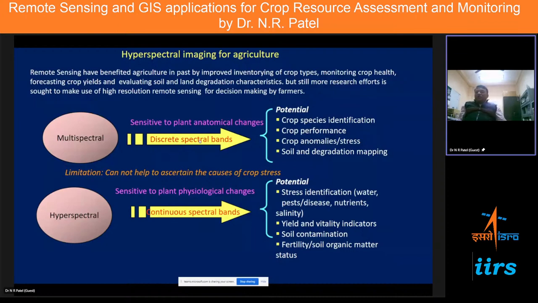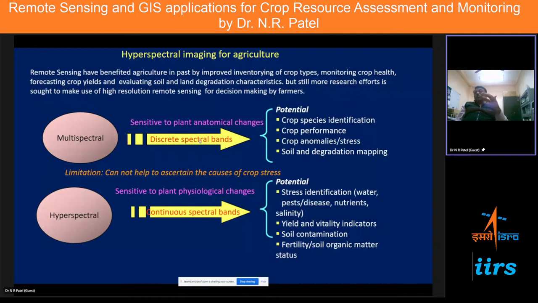Whether the stress is because of nutrients, pests, disease, or temperature, we cannot figure it out with multispectral remote sensing. For that, we need very high spectral resolution data. We require 10 nanometer narrowband indices, so 10 nanometer wavelength based hyperspectral data from 0.4 micrometers, that is 400, to almost 2500 nanometer wavelength